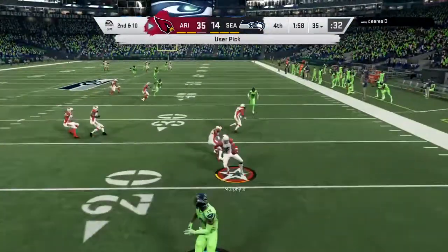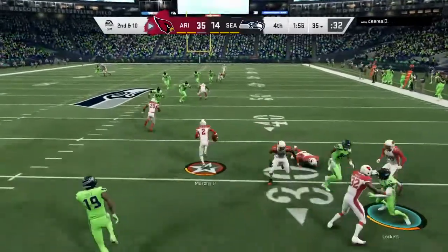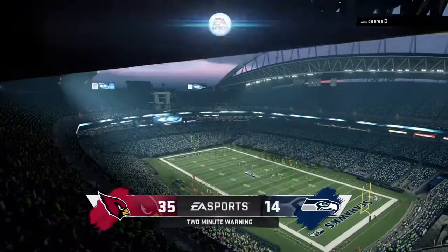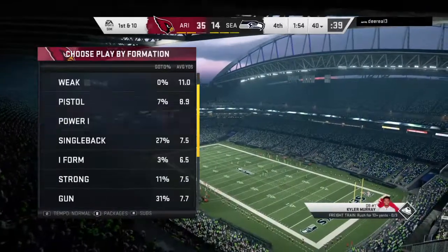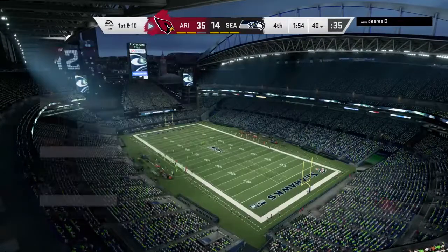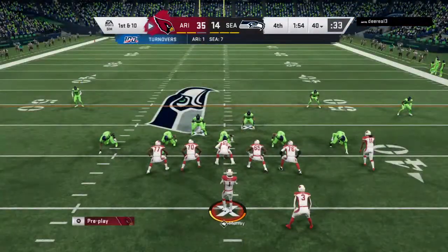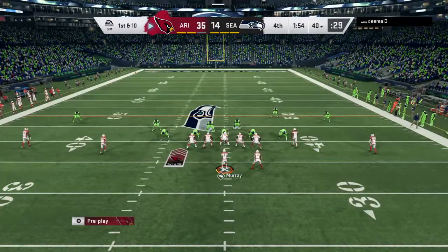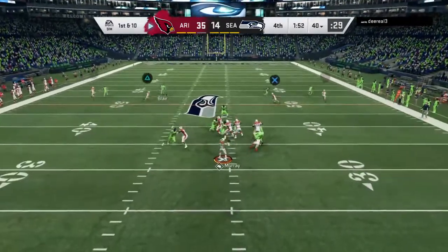And my goodness, another interception. Picked up by Byron Murphy, the rookie from Washington. And to the 40-yard line, that's where the return stops. So the Cardinals, they've got the football here as we get you reset. And no doubt what they're looking to do is just salt away the final couple of minutes and escape with